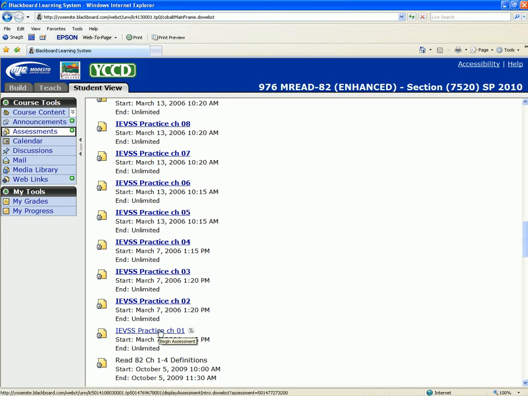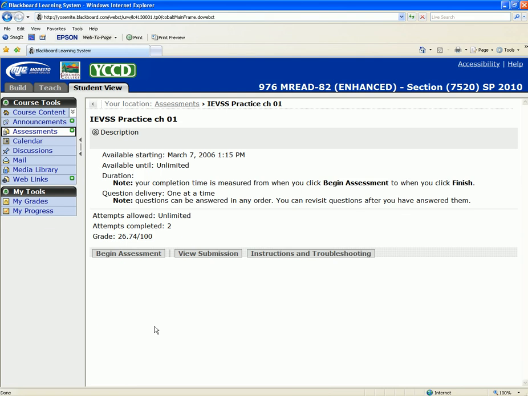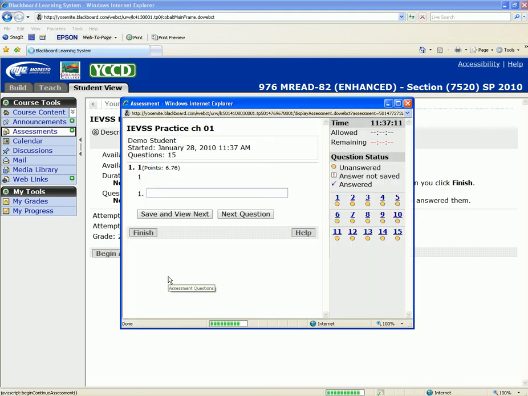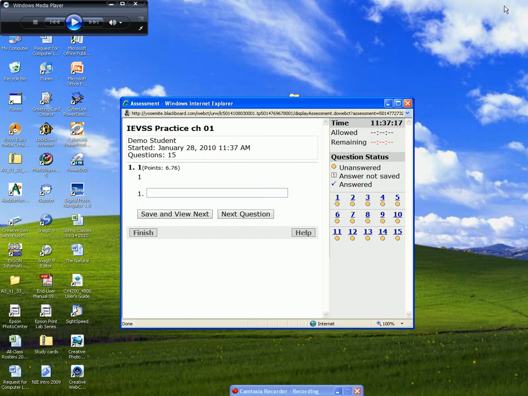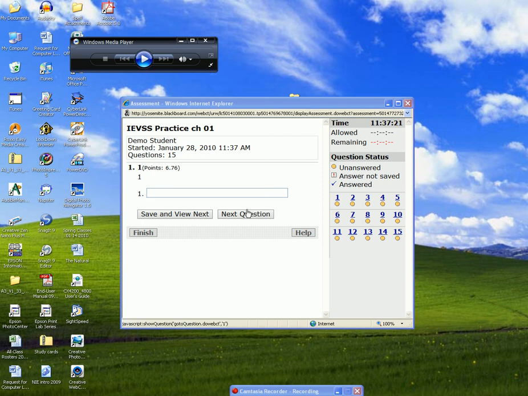I'm going to click on Practice Test Chapter 1. I'm going to click Begin Assessment. And it's going to open a window like that. I'm going to minimize this back screen, and now I have my Windows Media Player and my test on the screen. So I'm going to start playing,